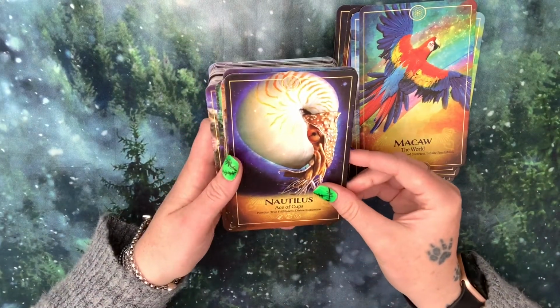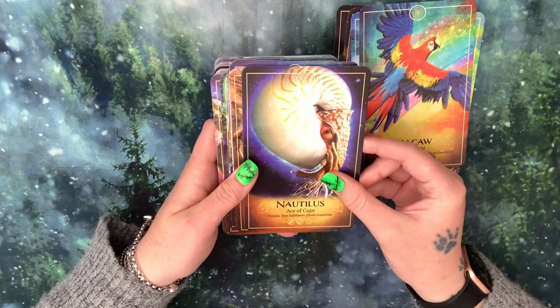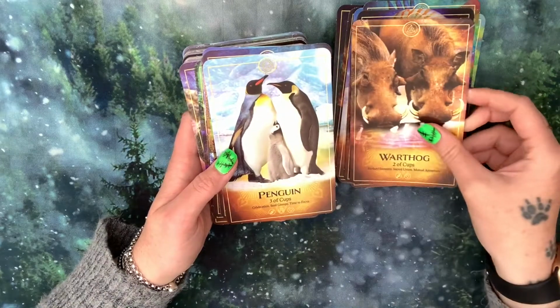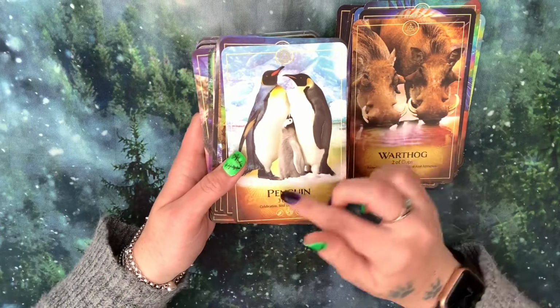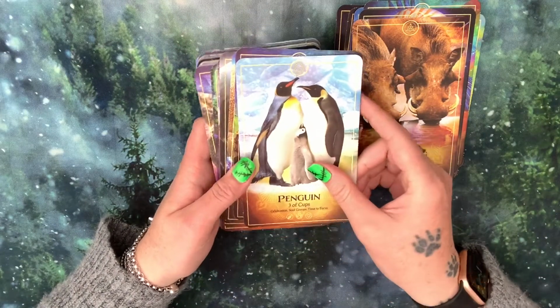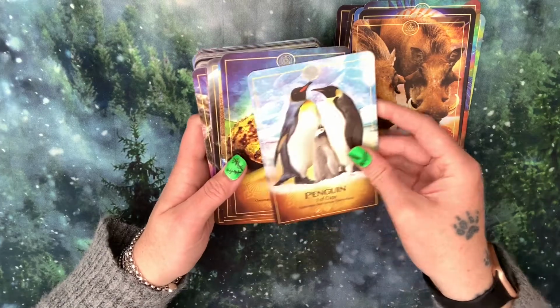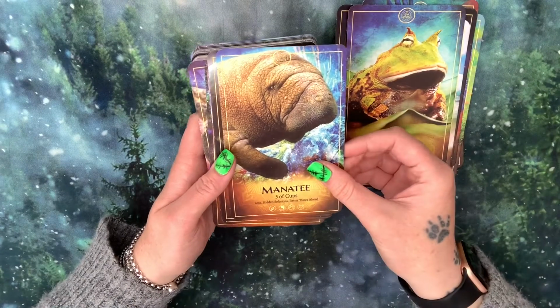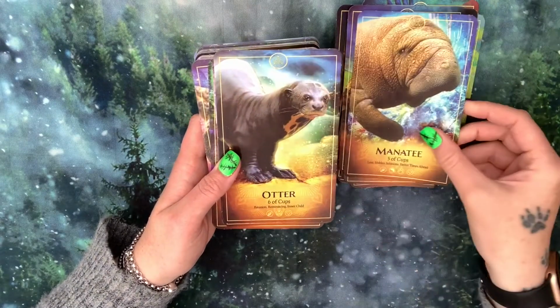So they've chosen the Nautilus for the Ace of Cups, the Warthog for the Two of Cups, the Penguin for the Three of Cups, and I love that. That's my partner's favourite animal. I think that's lovely. The Frog for the Four of Cups, the Manatee for the Five of Cups, the Otter